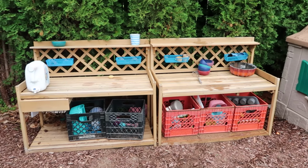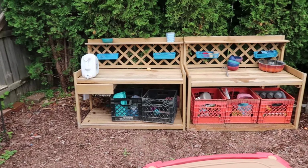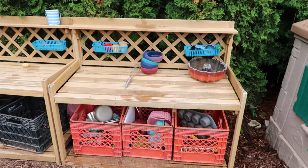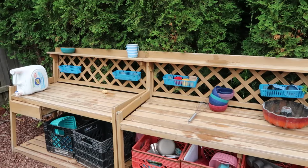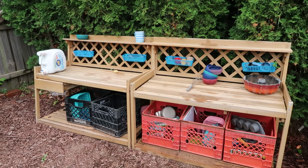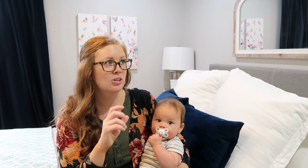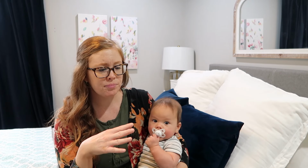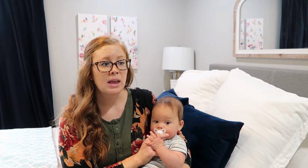But for $200, I made this really big mud kitchen using 2 garden benches that I ended up just moving the lower shelf up and then digging holes to put the legs into the ground deeper so it'd be lowered to kid height. I added a bunch of Dollar Tree cutting boards and tongs and whisks and scoopers and things like that, muffin tins, all that kind of stuff,